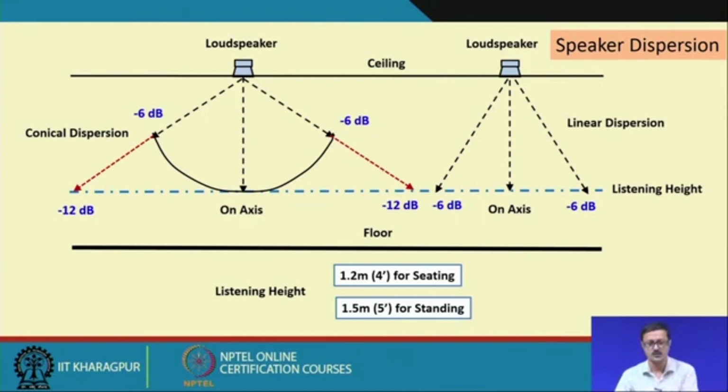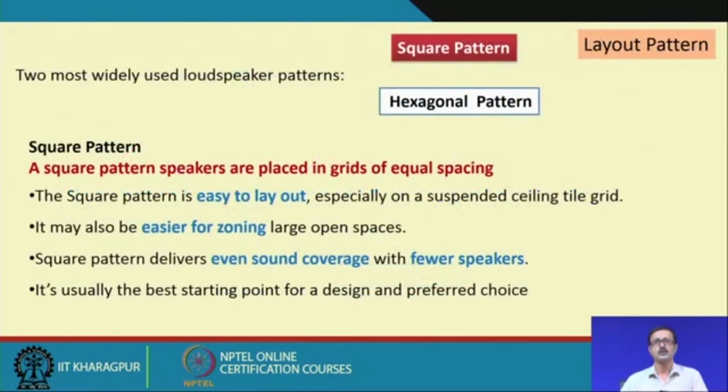So, we have just now completed the two types of systems, distributed and central, and now let us again discuss the dispersion, which is the conical dispersion and the linear dispersion, which we discussed in the 26th lecture. And the listening height I have told you is 4 feet for sitting, which is 1.2 meter. This is the height of a standard ear, and 5 feet for standing, or 1.5 meter for standing. So, there are two types of pattern possible: one is a square pattern